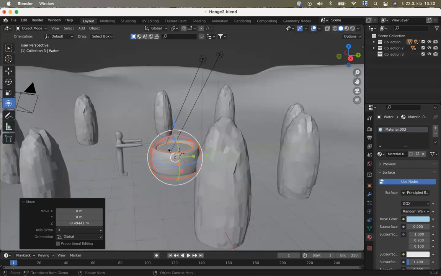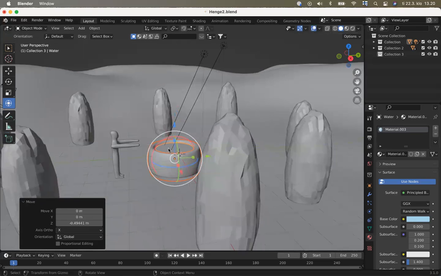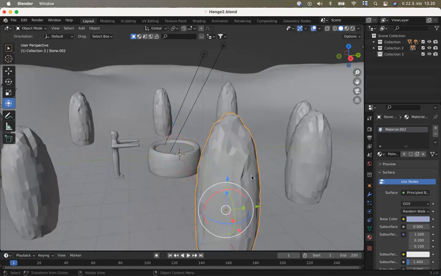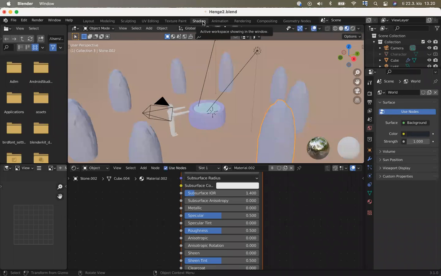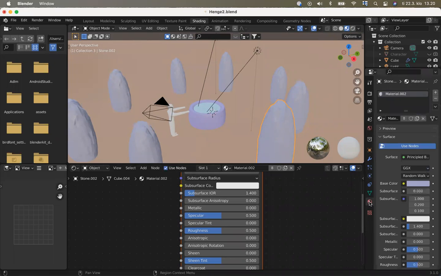So where should I start with the textures? So maybe I could start with the stones. And let's go into the shading mode. And actually, when I go to the shading workspace, then I will also get to see the nodes for the textures. And now all of these stones do have the same texture. Let's go see what it is. Yeah, it's